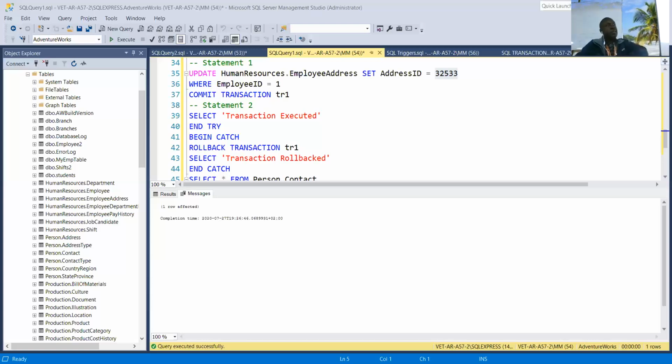When you want SQL Server to roll back the, yes. Okay, let me see what you